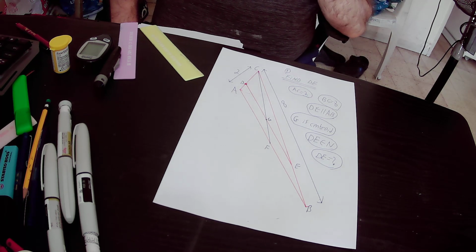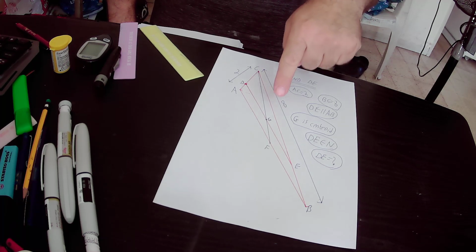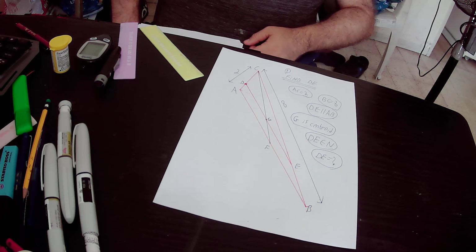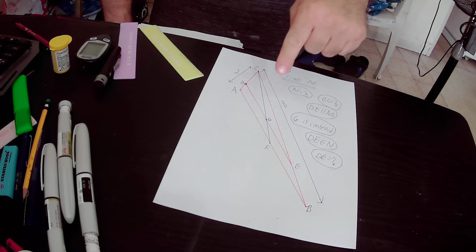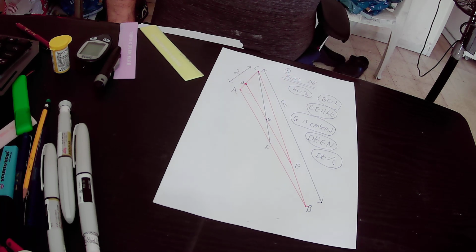And we also know that the centroid of the triangle is at point G. Actually, the centroid of any triangle is the point where the three medians of the triangle intersect. Okay, so the centroid of this triangle is at point G, and we also know that